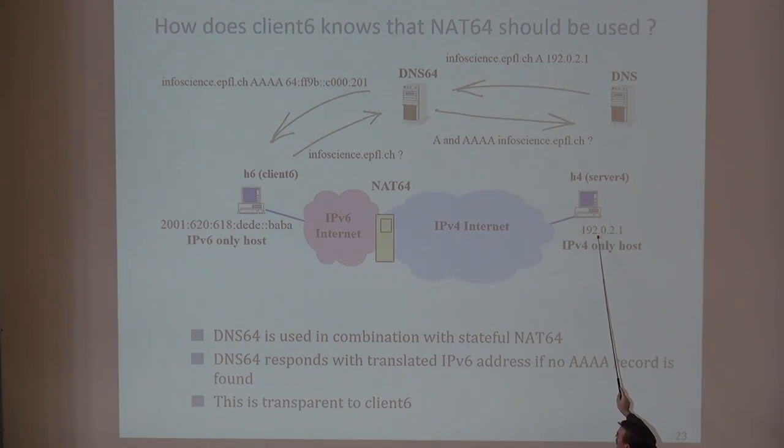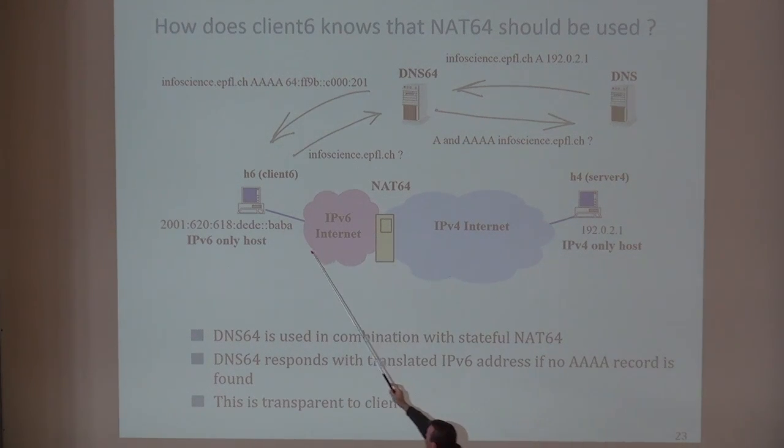If it knows the IP address, then it can directly use this encapsulation, though this might require some configuration. But most of the time, you go to a server by the name. So if you use NAT64, you need also to put in your DNS server the corresponding mapping. So you need to manipulate your DNS server, which is typically done if you're an operator. Then if you use the DNS of the operator and not the one of Google, then it will work.